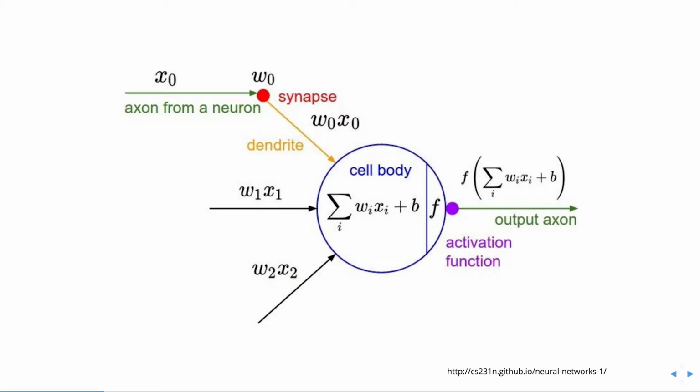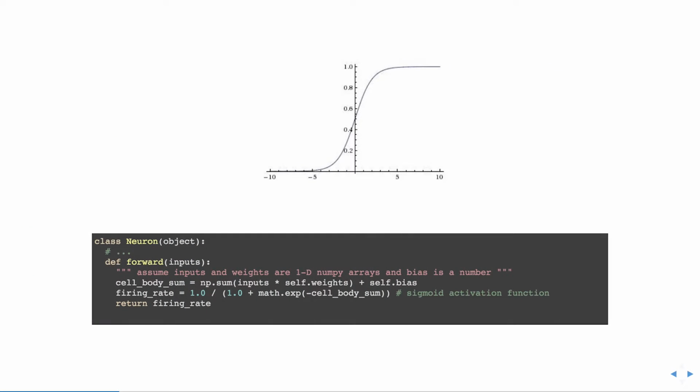The reason that happens is because inside the cell body we sum, that's what this big backwards E looks like. That means the sum over all the inputs multiplied by their weights. So for each input, multiply it by its weight, sum it all up, add a bias, and then run it through a function, usually a sigmoid function. A sigmoid function is a function that usually returns either 0 or 1 based on some threshold. So we simulate spiking by the function returning 1, and not spiking by the function returning 0. So this is what a sigmoid function is.